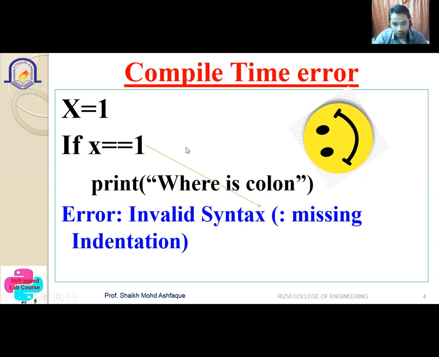So here colon is not given after if x is equal to 1. At the time of compilation, it gives you the error. The error which comes of this type is your compile time error. So if you haven't followed the rules of syntax declaration, at that time it will give the type of error which is your compile time error.